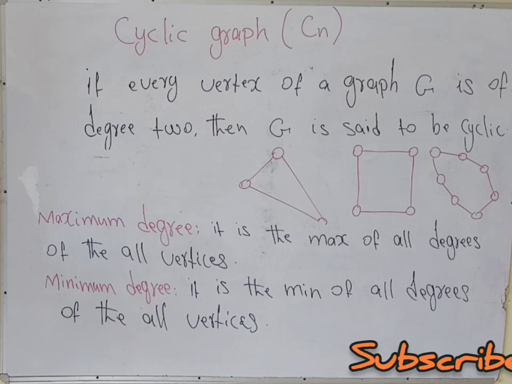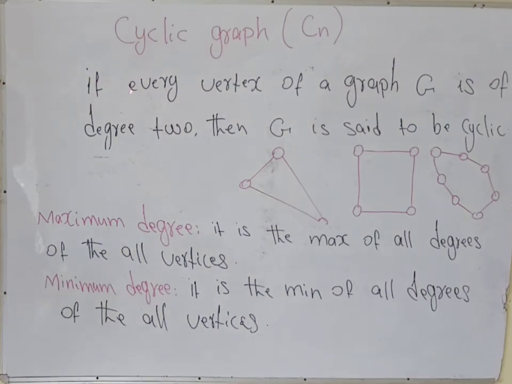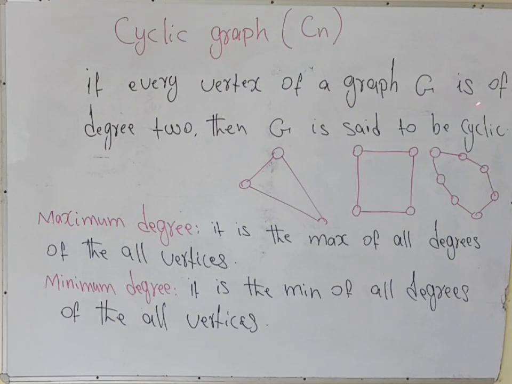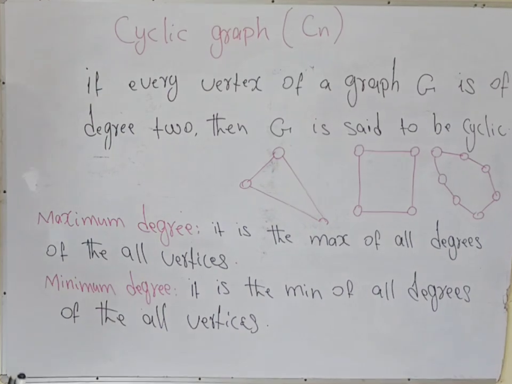What is a cyclic graph? If every vertex of a graph G is of degree 2, then G is said to be a cyclic graph. Look at this graph. As we know,